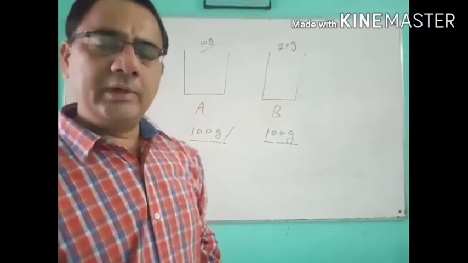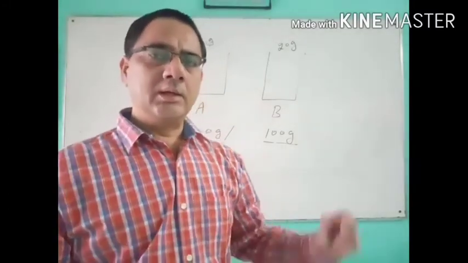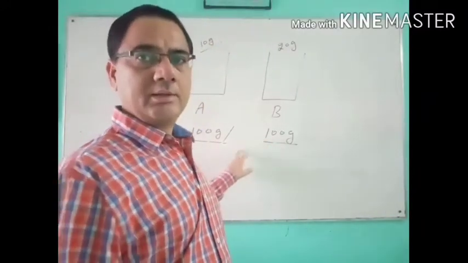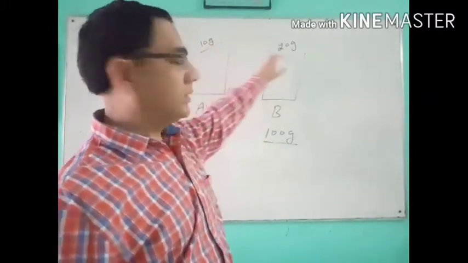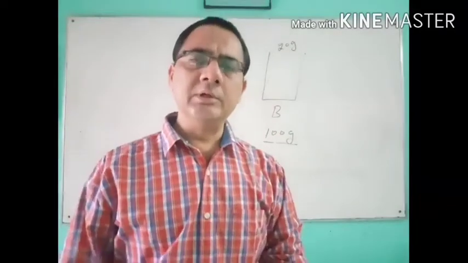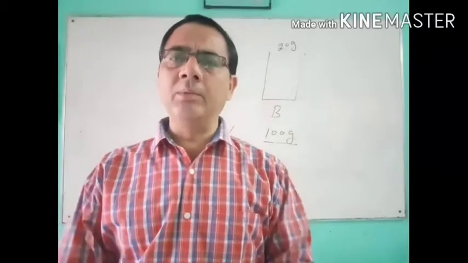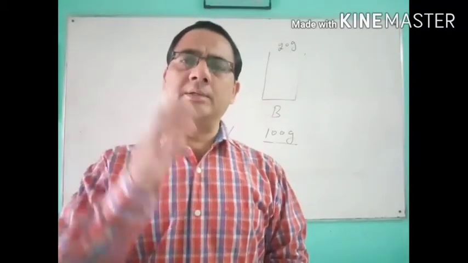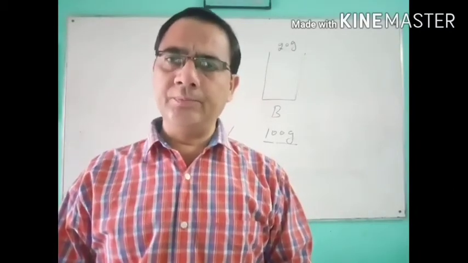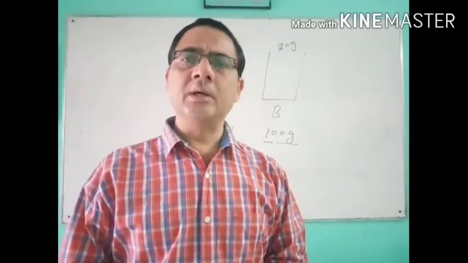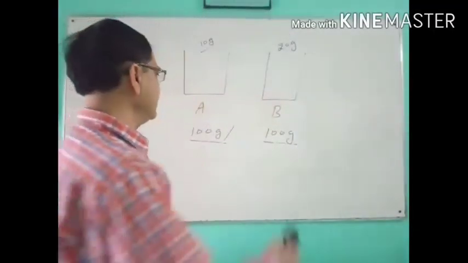Why can we tell this so clearly? Because the amount of solution is the same in both cases, so only on the basis of the amount of solute we can define which one is more concentrated and which one is less concentrated. Now where does the problem come? The problem comes in those cases where the mass of the solution and the mass of the solute both are different. In such cases, how do we find the concentration of the solution? That we will see.